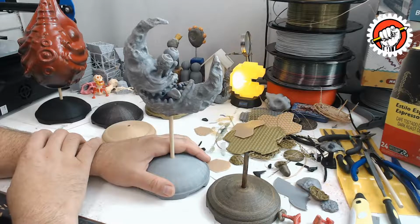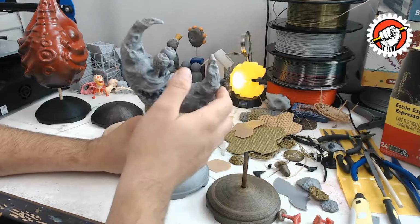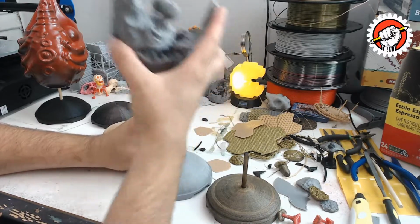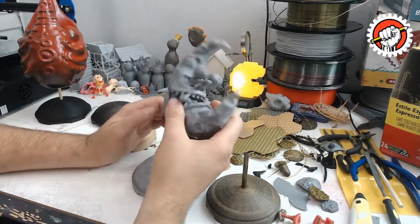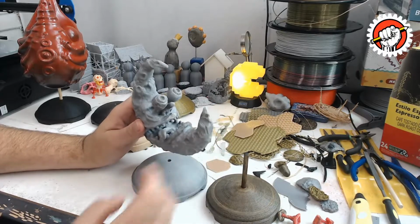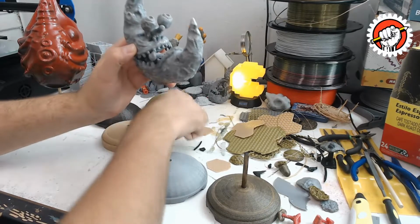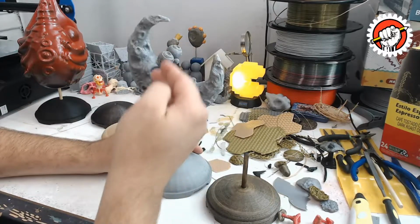If I could find 1/4-inch brass, that would be amazing. But I think the smallest one I can get is maybe 1/8-inch brass, and I don't think that's strong enough to support this. Even as minimal as the weight of it is, I think it would have longevity issues long ways, unless it's a small support. And I want this one up higher. I think I like the height of this